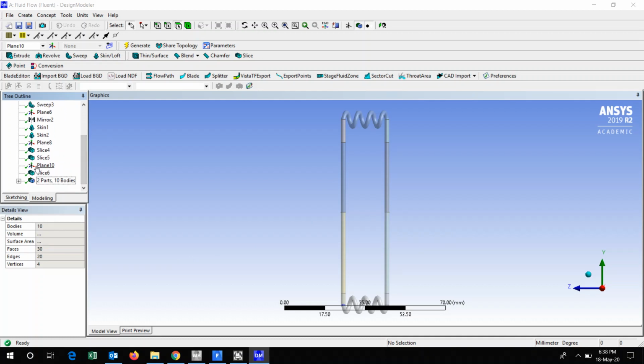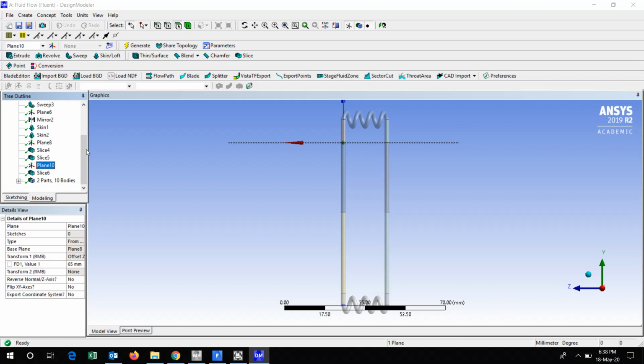There are some different planes which I selected in order to have the evaporator section and the condenser section. This one is used for separating the condenser section. I have taken a larger area for the condenser section, so that the area is larger in order to transfer heat to the fluid which is available in the condenser.